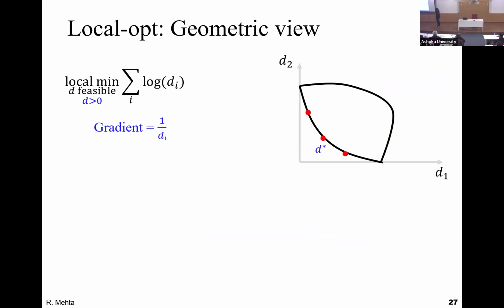So what do we mean by local optima geometrically? If this point is a local optima, it should happen that when you draw a supporting hyperplane there and look at the normal of that supporting hyperplane, it should be proportional to the gradient. That's the definition of local optima. Why is it a local optima in this case? Because when you try to improve this objective, you try to move in the negative of the gradient, and that will take you out of the feasible space, right? Because your gradient is proportional to the normal. So if you try to move in any positive direction with the normal, it will take you out of the feasible space. Okay?